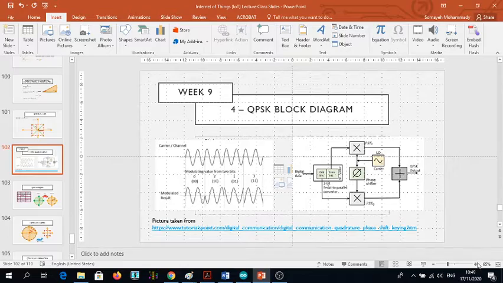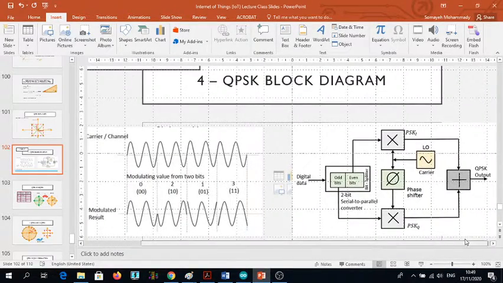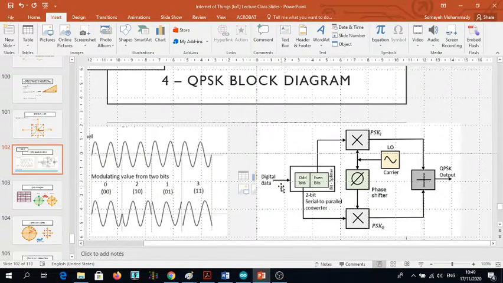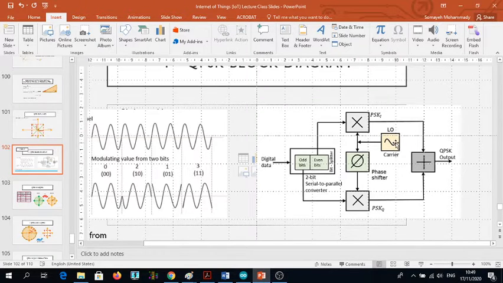Now you can see that the data in binary form is given to this system, and then I have the LO here. LO stands for local oscillator, and the oscillator is generating the carrier signal, which will be a sinusoid, and then the sinusoid is directly given to this block here, which is going to generate my I, and then with the phase shifter on the way, the signal is